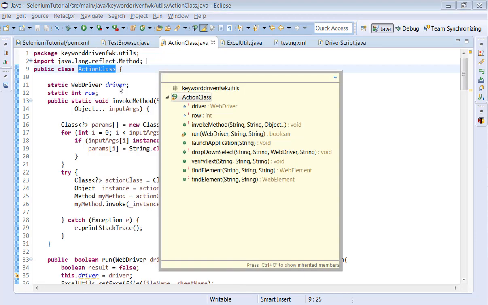Right click, quick outline. When you do that, you will find the information as the run method. I said when we try to call the run method in the driver script, the run method has the information of reading the data from the Excel, the keyword and the arguments, and we invoke the method using this information.